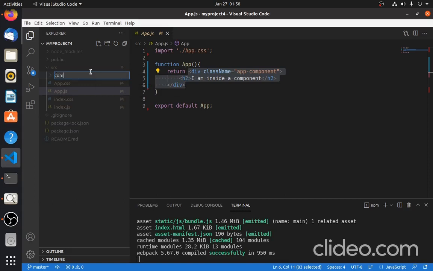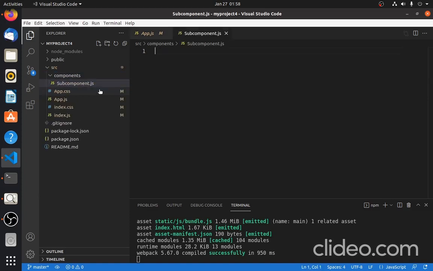I'll create a separate folder, let's say components, and inside components I'll create some files. Let's say SubComponent.js, let's keep it caps. Okay, now since this is a component file,